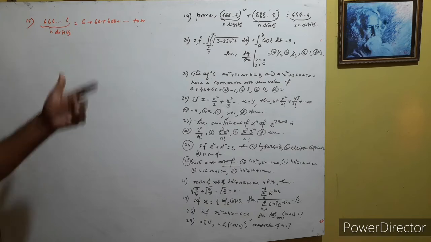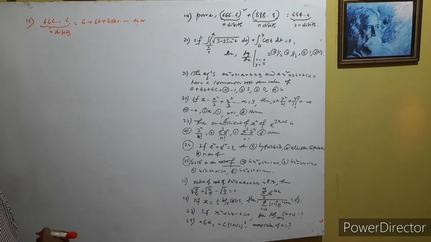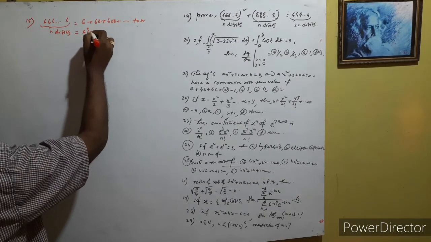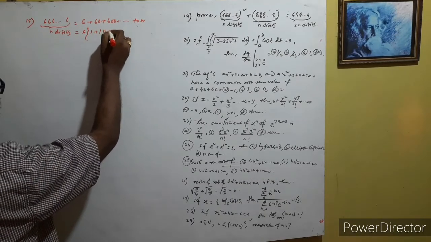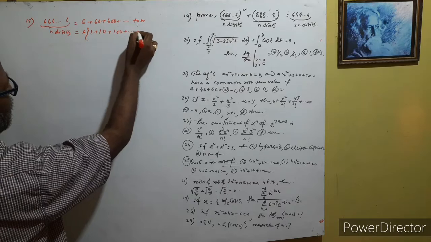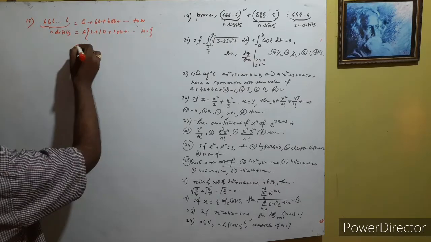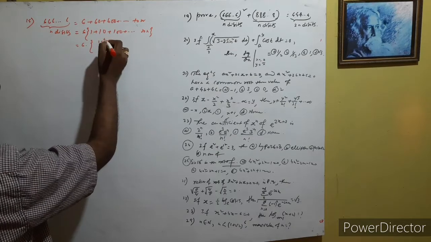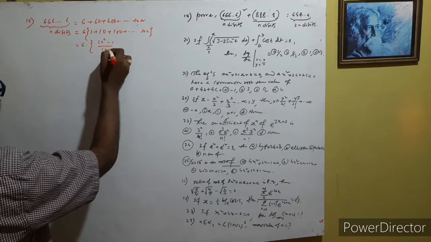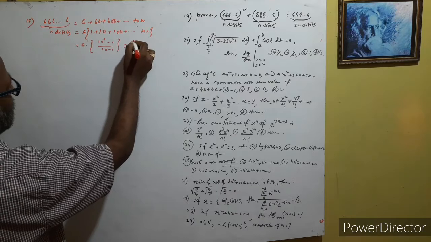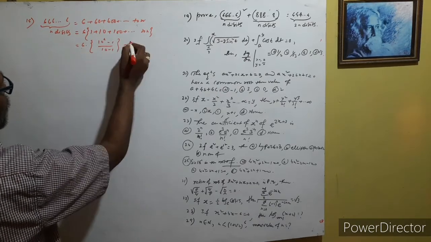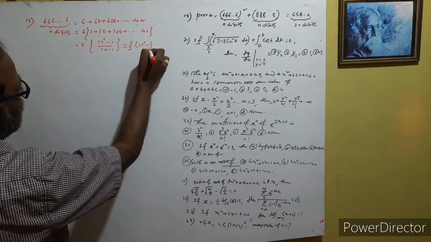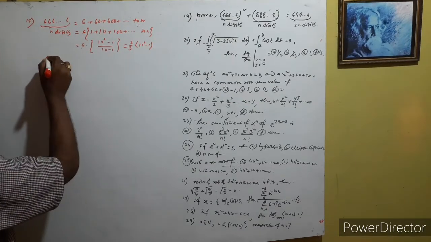If there are n digits, this is the sum of n terms. So take 6 common, and then you get 1, 10, 100 up to n terms, and this is 10 to the power n minus 1 by 10 minus 1, and this is 2 by 3 into (10 to the power n minus 1). Okay, now